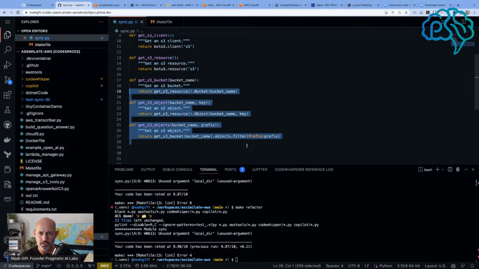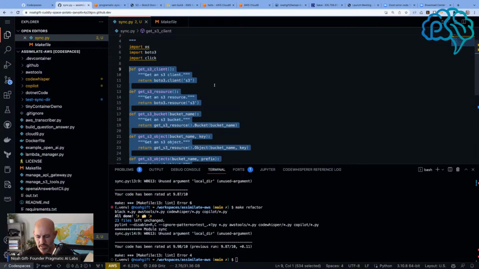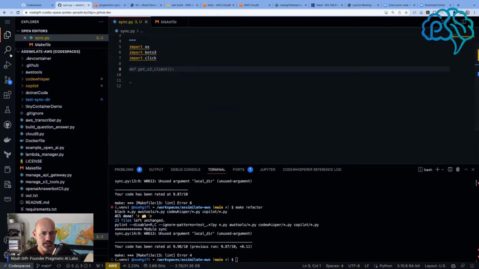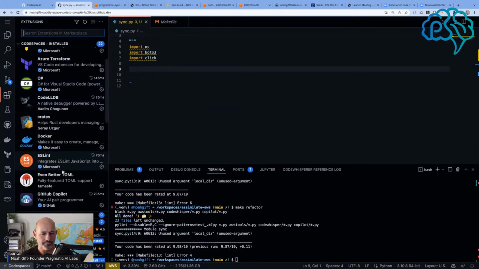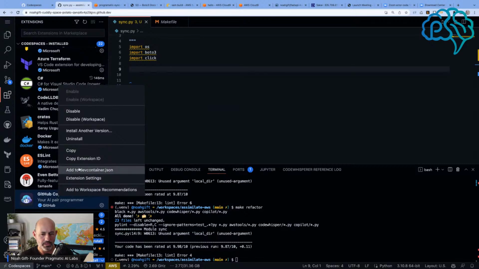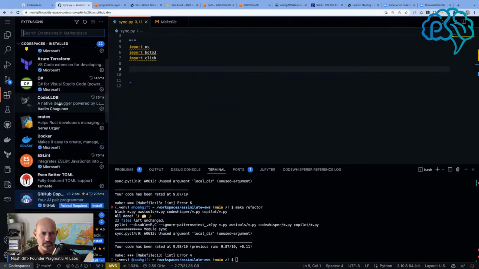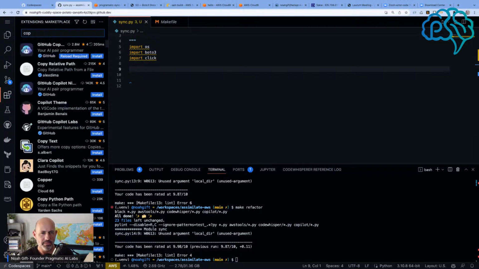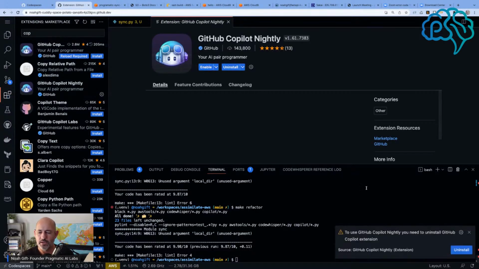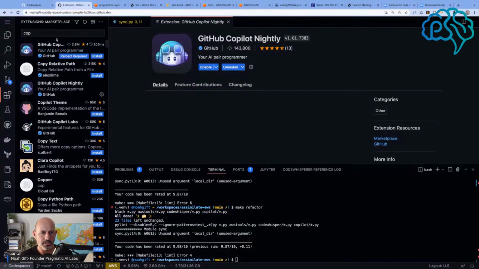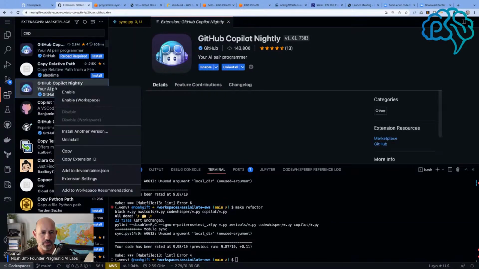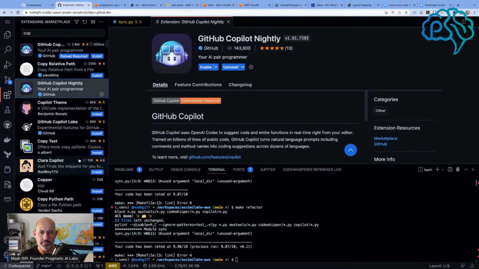Yeah, too much code. So one of the things I can change as well is, if I go to extensions here, I'm going to disable this. I'm going to uninstall this, and I'm going to try the Copilot nightly. Maybe the nightly one got some better fixes here. And let's actually go here and copy extension